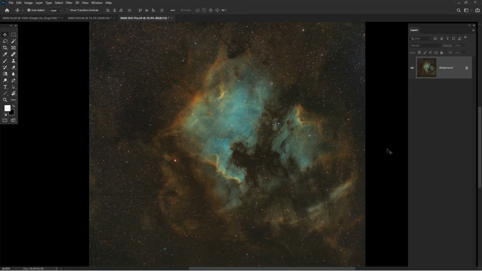When these images were put together, predictably enough, even though the North American Nebula is quite a bright target, it's quite strong in hydrogen alpha, but it's very weak in sulfur 2 and it's very weak in oxygen 3. So what we can do, and again I've covered this in earlier tutorials, we can create a kind of hybrid